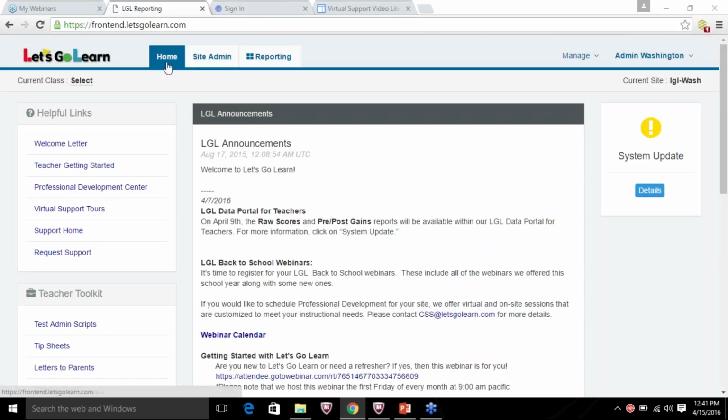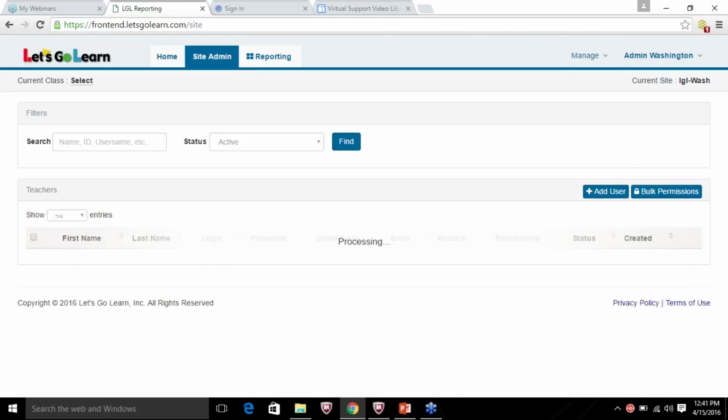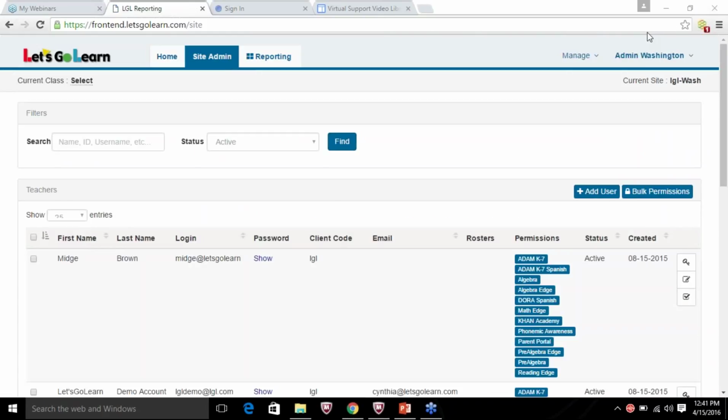All right, well, we're going to move right along. We're going to go into our site admin. That is our next tab over. And we're going to talk a little bit about teachers and managing your teachers. You might want to move the GoToWebinar box or minimize it. You have a couple of those options over on the right-hand side. And then again, if something comes up and I'm moving a little quickly, please let us know, and we can address those questions as they come up. We want this to be very meaningful for you if you have something on your mind.